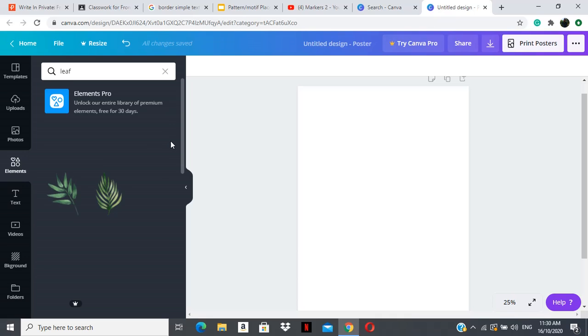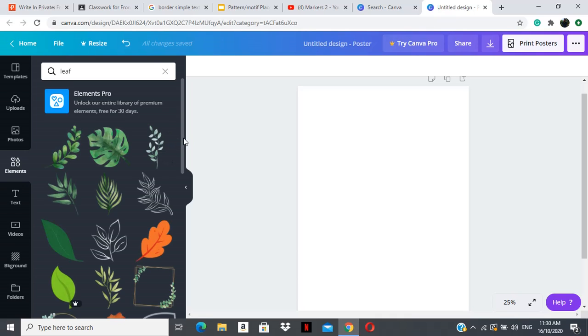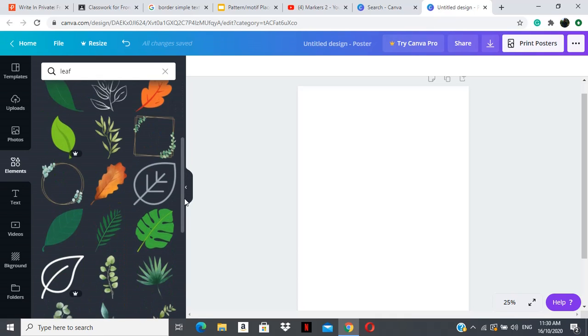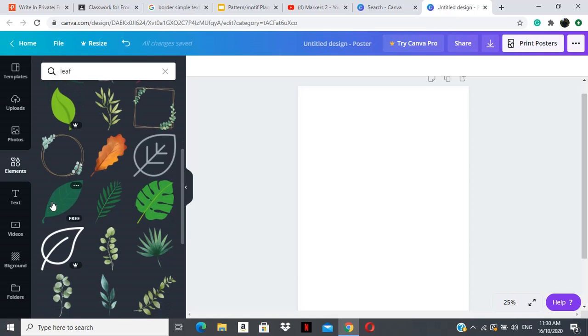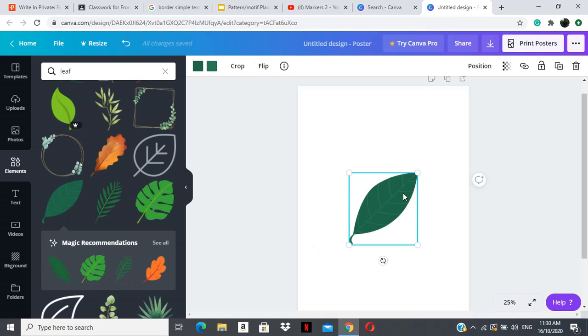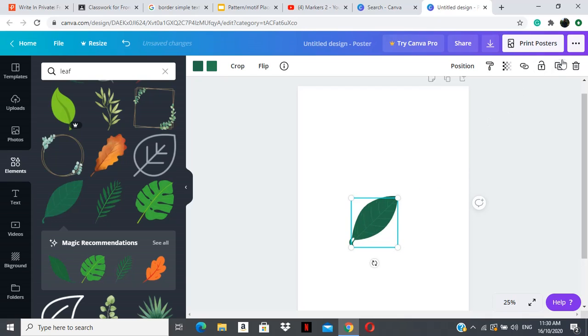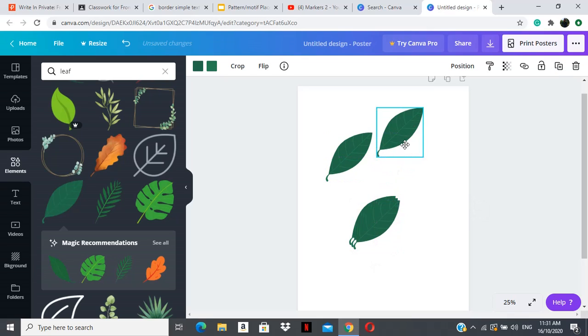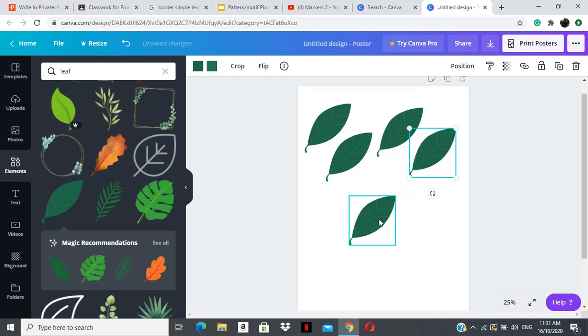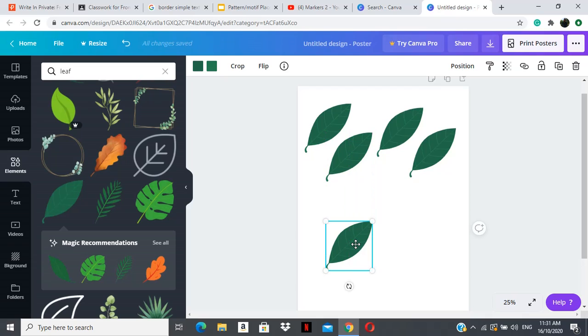Alright, so I'm gonna look for a motif. A leaf should be an easy motif to use. Alright, let's use this basic leaf, right? What I'm gonna do is minimize it a little bit and just duplicate it a couple of times. So I just move those aside. Alright, so the tip of the leaf would act as an arrow for me to indicate that it's pointing at a point, right? So you just rotate